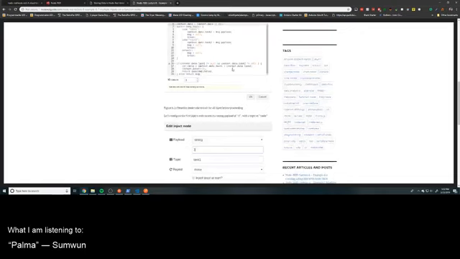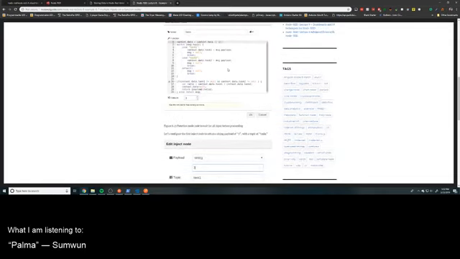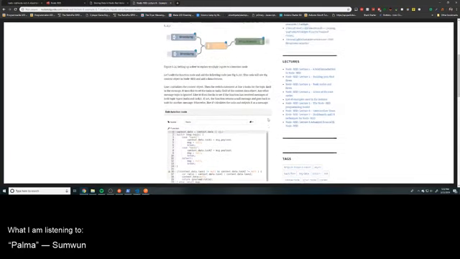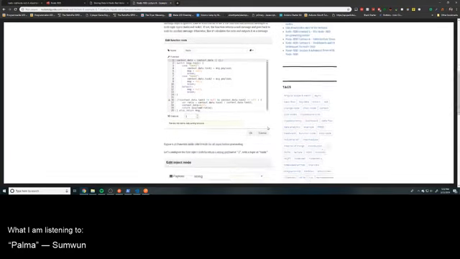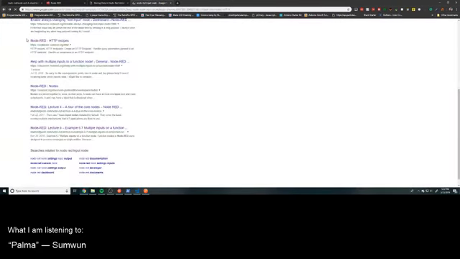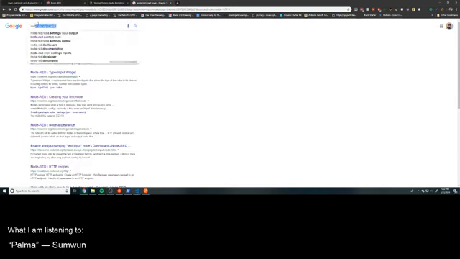Interesting. context.data, message.topic. Okay, sure. But how do you call the next block in the series? Node-RED.